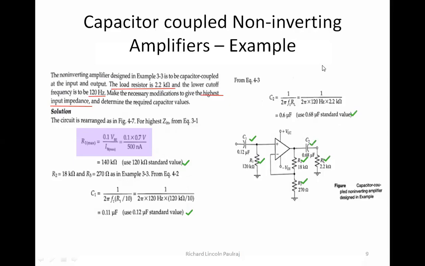Right. So in this way, you will have to find out the values. Now, keep in mind what kind of question is asked. Non-inverting configuration, and it is capacitor coupled. Immediately when you hear that term, the circuit should come to your mind. You should be able to remember that when it is capacitor coupled, I need to have one at the input, one at the output. Then when it is non-inverting configuration, I'm going to have two resistors here, R2 and R3. When it is a voltage follower, then these two wouldn't come, but this line will be directly connected to my output line, right? So keep this in mind. C1's formula, C2's formula, all this you keep in mind. Easily you can solve any problem. Fine.